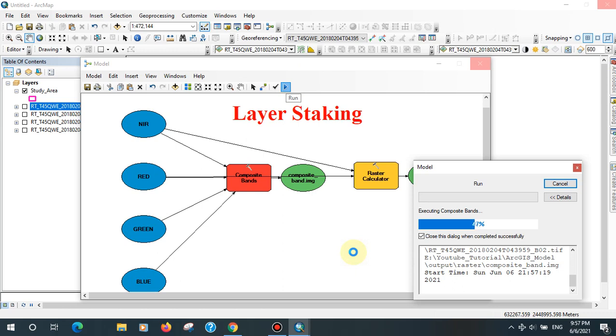In this way, by the model you can easily create in Esri. By the model you can process different types of data for different types of project work. Okay, so after it completes, we can see the output.